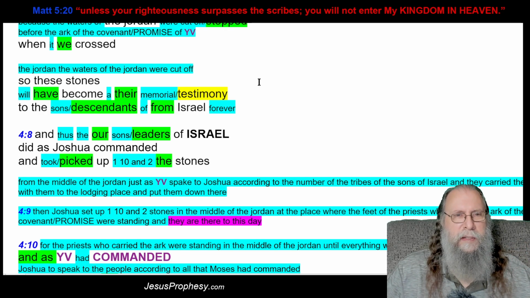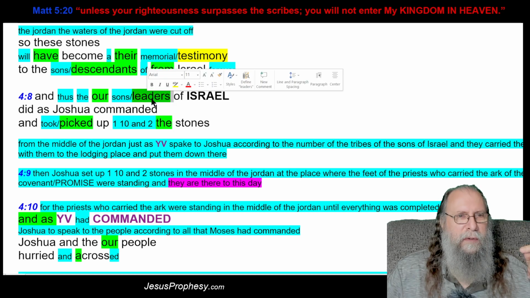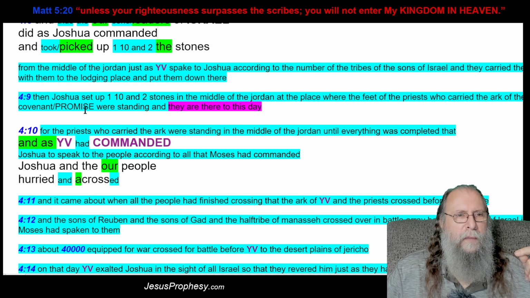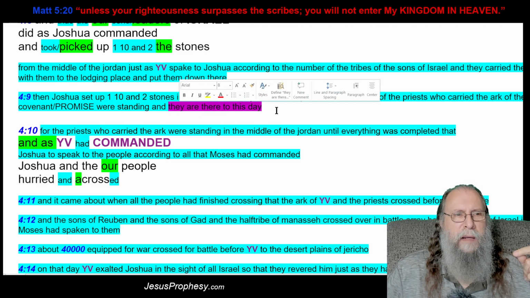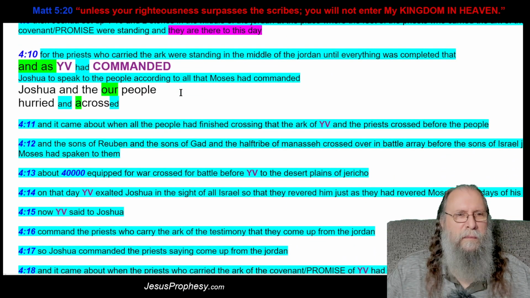So it's called a tent for meeting with him and a house for meeting with him. There's no such thing as a tabernacle or sanctuary. The Creator does not need a sanctuary. But they are deceiving you. Leaders of Israel, like I said, could be elders. See, this is they are there to this day, but that isn't truth. The truth is, I just said where they're going to put these stones, but that comes from